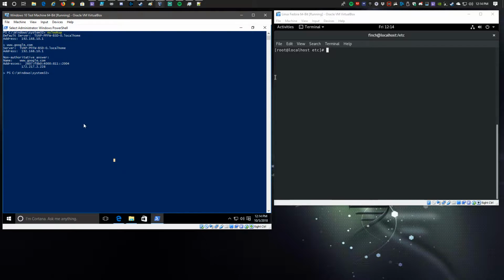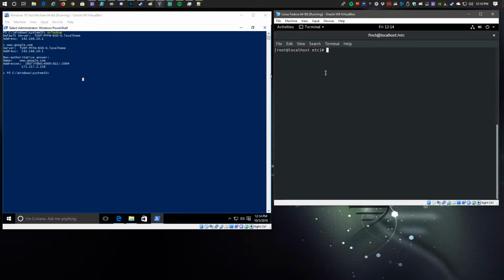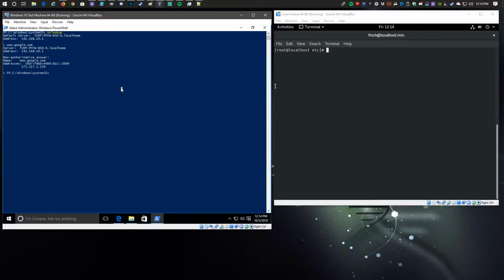So in order to edit these files, you want to be in administrator mode on Windows or in the root context on Linux. So on the Windows side, I'm using PowerShell. As you can see up here, it says administrator PowerShell. So that means I have administrator privileges. That means if I wanted to, I could actually delete that host file or modify it and save it. So if I wanted to actually open up that host file,